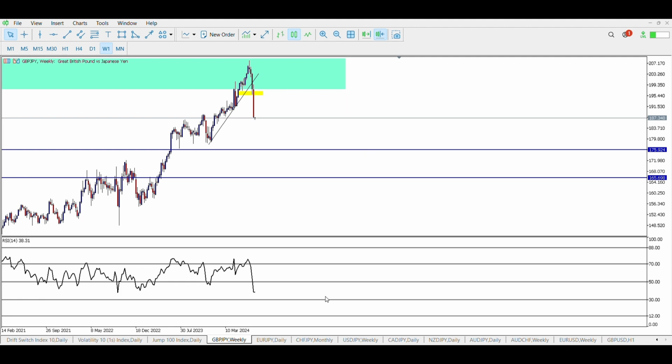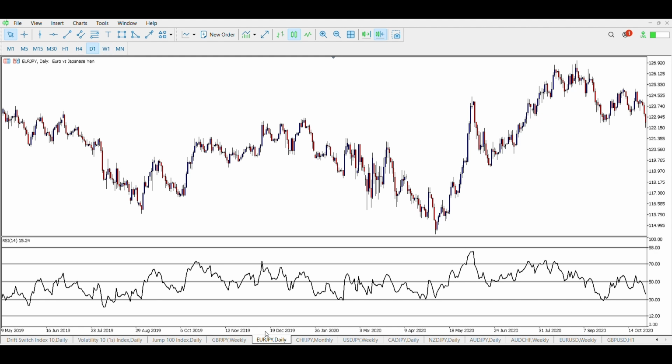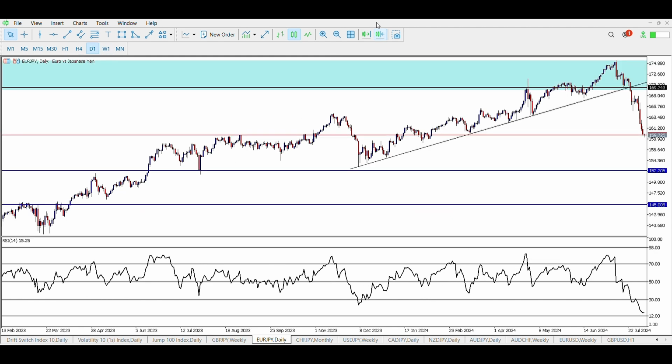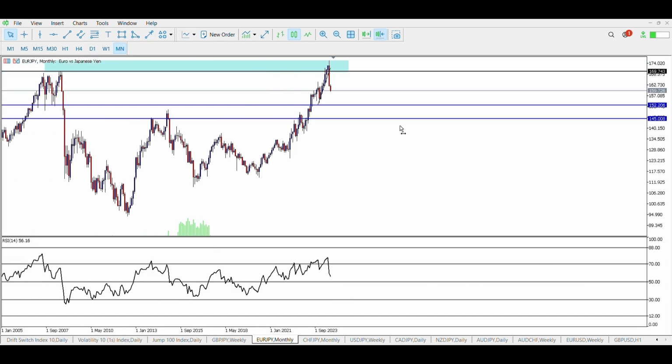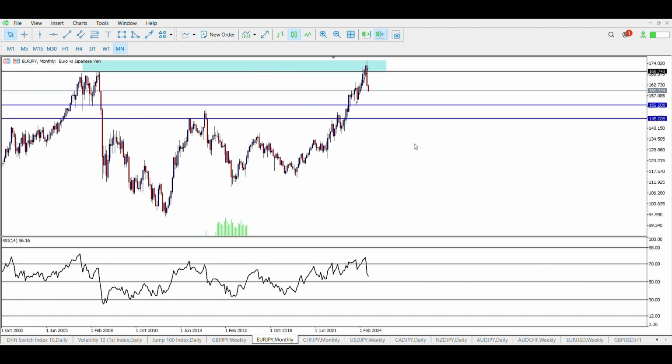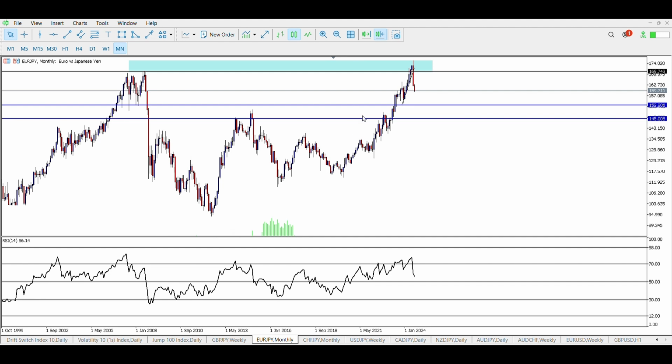And lastly, let's take a look at EURJPY. Let's look at the monthly. So if you check this particular pair, we can see right here that there has been some form of liquidation above the all-time high. This is at the resistance level of